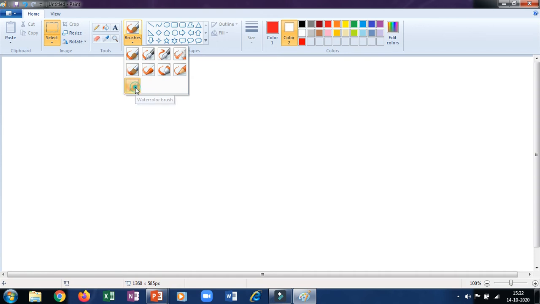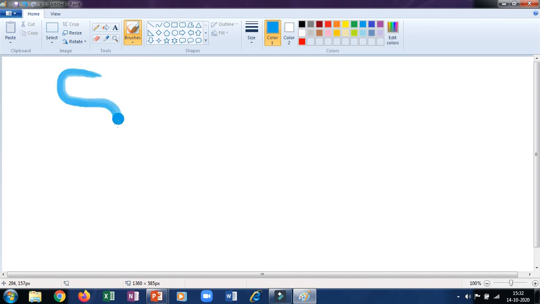This is the watercolor brush. Okay, watercolor brush. I will draw one figure with the same figure. Okay, let us draw S, and this is the watercolor brush. Okay, now this is the pencil brush. Now here it will come very small, so let us change the size. This size you can also change by Control and plus and make it big. And here I am using the pencil. Okay, so you can see the difference. This is the watercolor and this is the pencil.